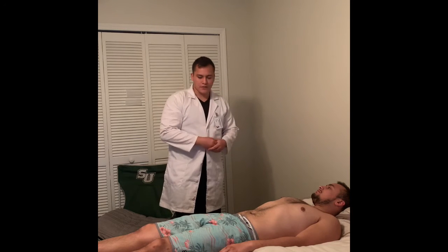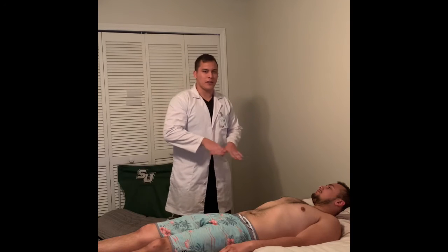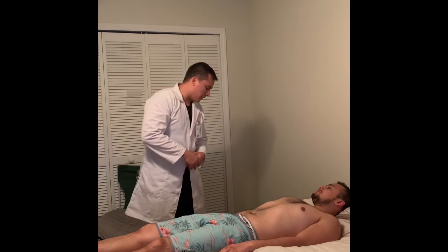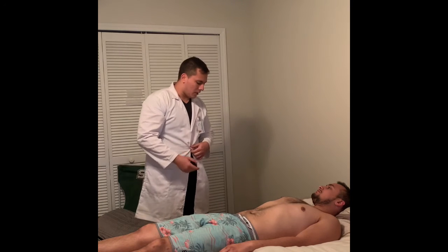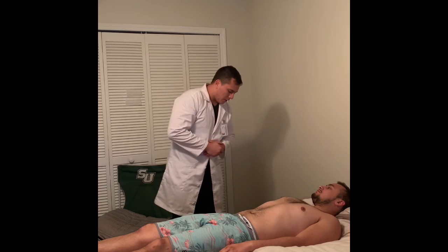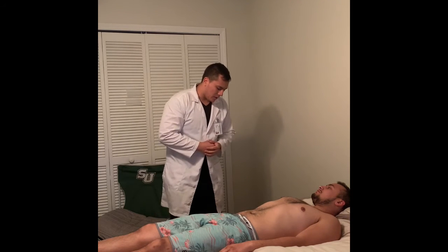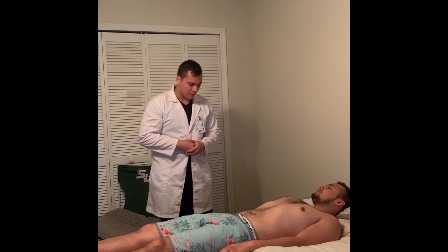Any flat noises are something like musculature, such as the anterior thigh. It's more of a flat sound, no real pitch to it. And then lastly, there's resonance, which is mostly noted in the lungs, and it's more of a moderate pitch. Okay, and percussion assesses masses, the amount of gas, and can estimate the size of the liver